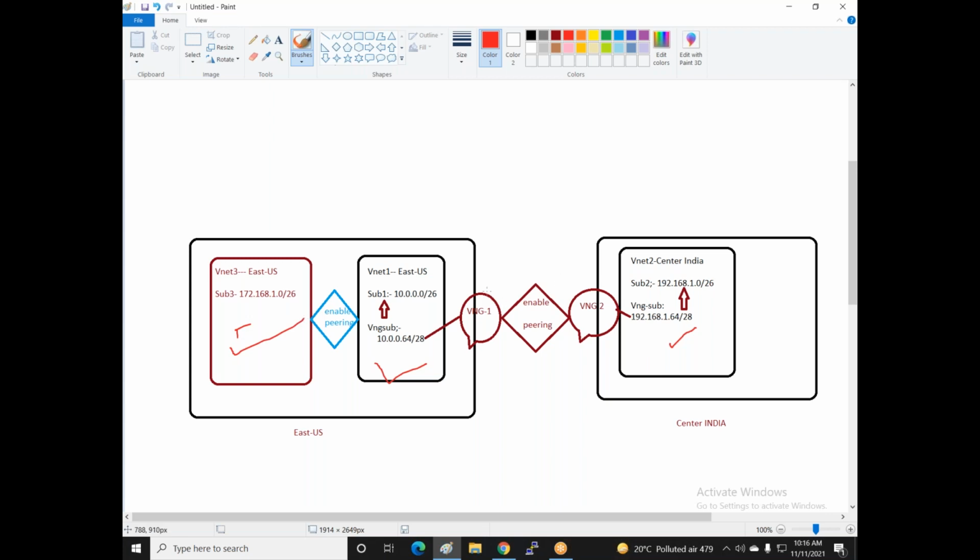Now I'm creating VNG1 and VNG2. I'm not enabling any pairing right now. Now I'm creating one virtual machine for every VNet, three virtual machines for three different VNets.